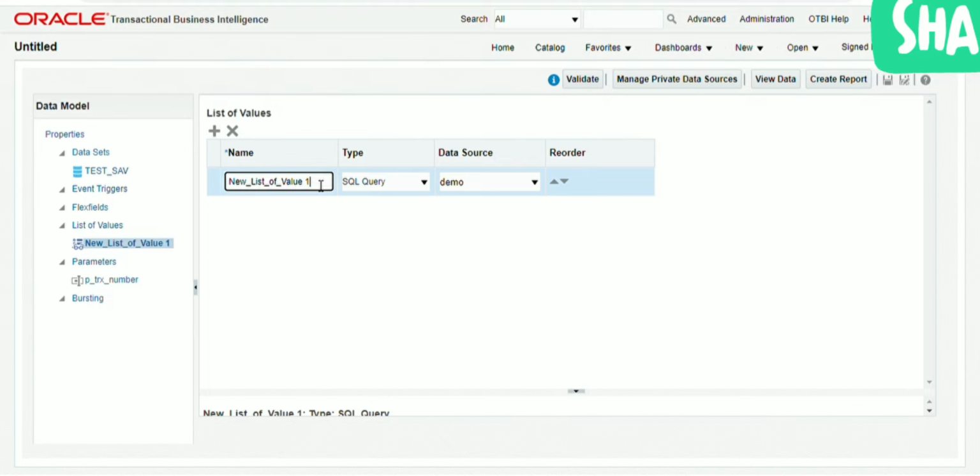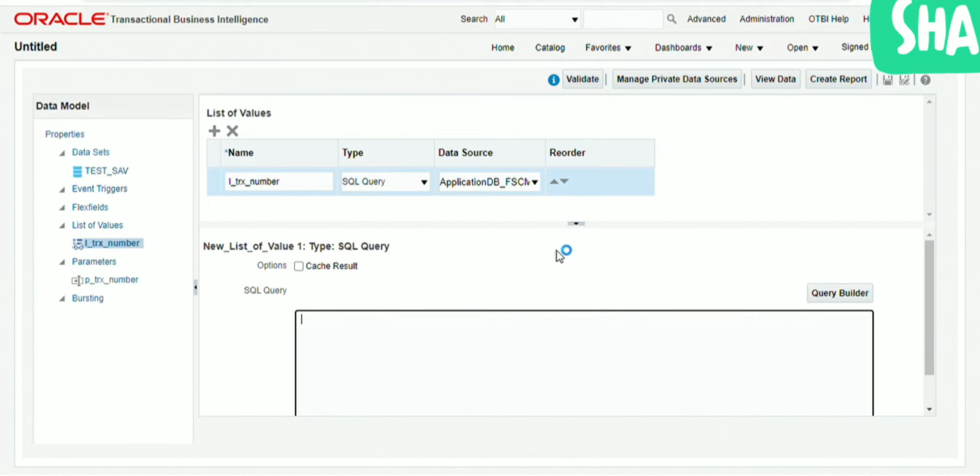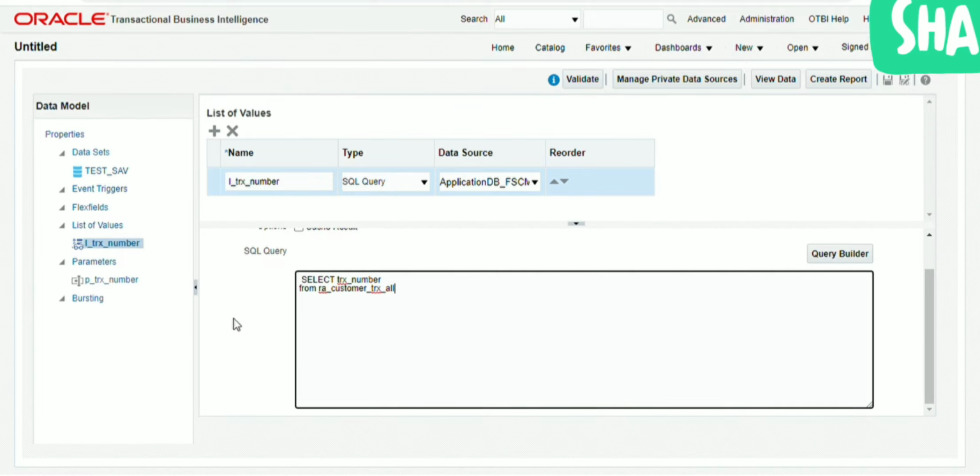Plus, the type would be SQL, data source would be FSCM. Here write the query: select transaction number from array customer transaction all. We will put it,